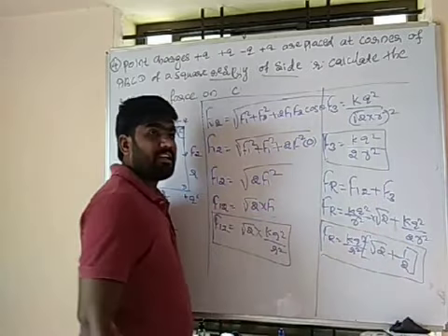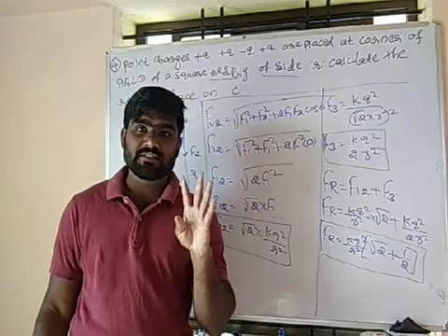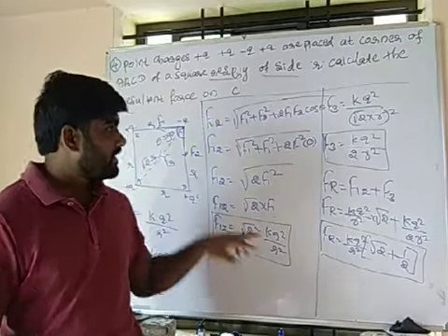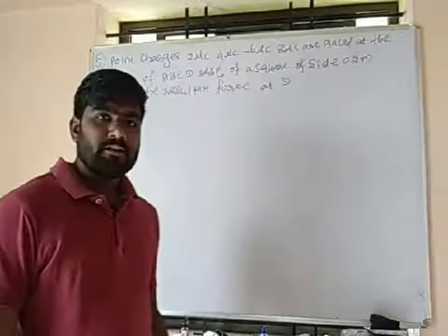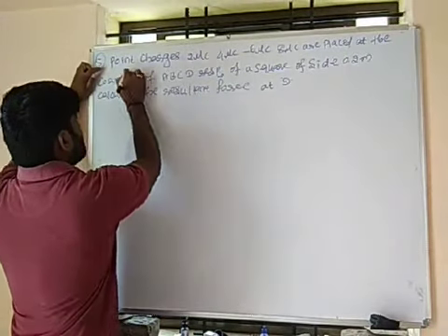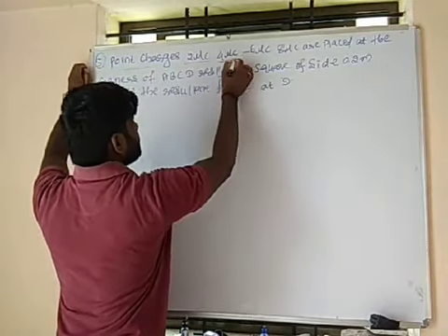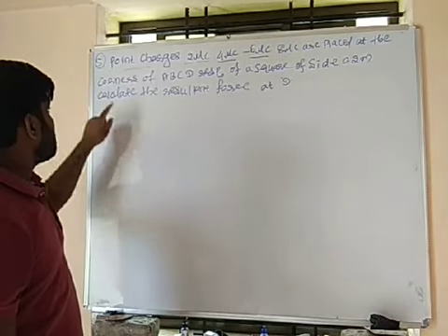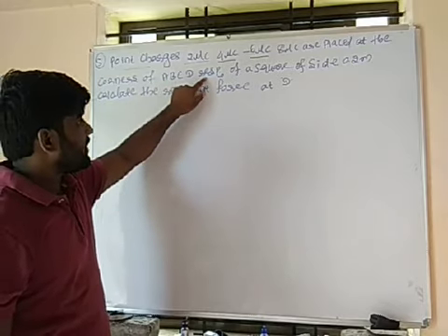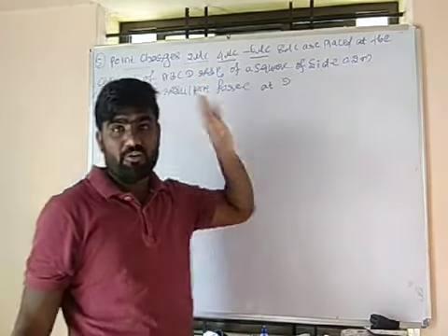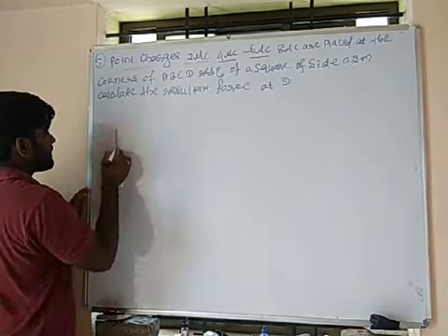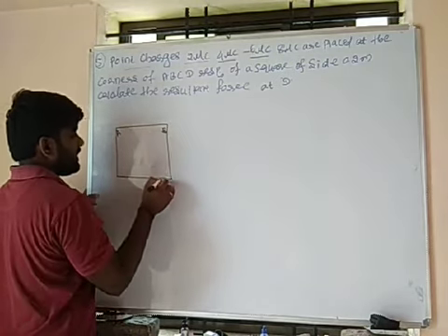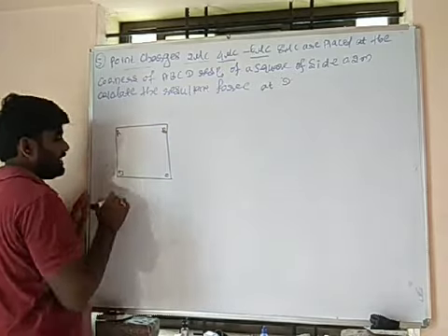Okay. If there are 4 point charges kept at the 4 corners of a square. Okay. The next question. Let's see this question. Point charges of 2 microcoulomb, 4 microcoulomb, minus 6 microcoulomb and 8 microcoulomb are placed at the corners A, B, C, D of a square of side 0.2 meter. Draw the square first. Okay, I am drawing A, B, C, D.